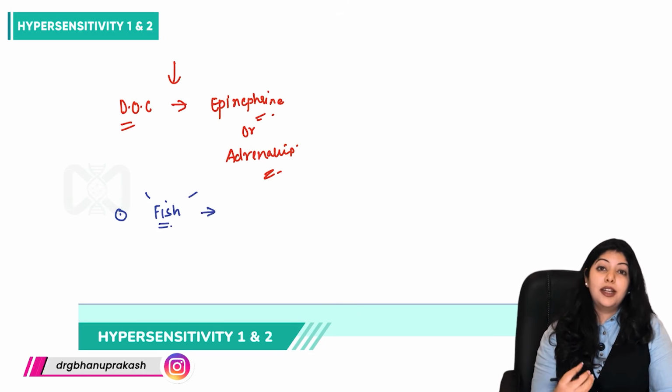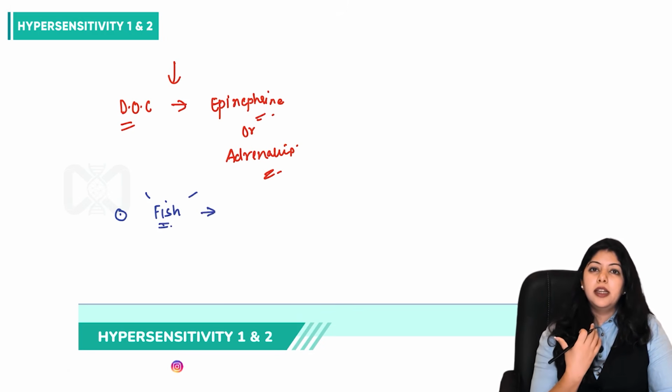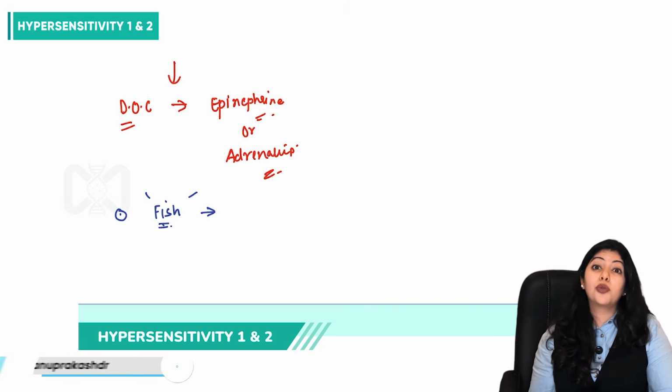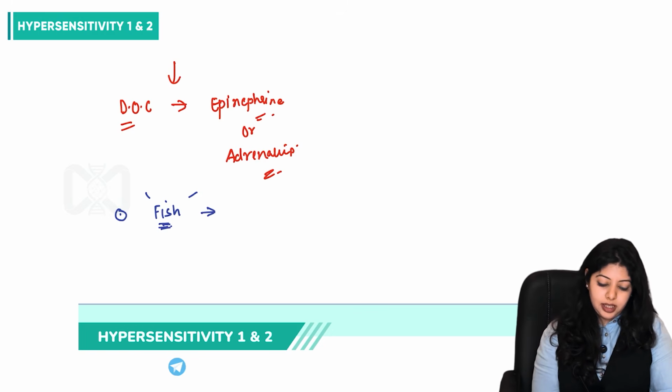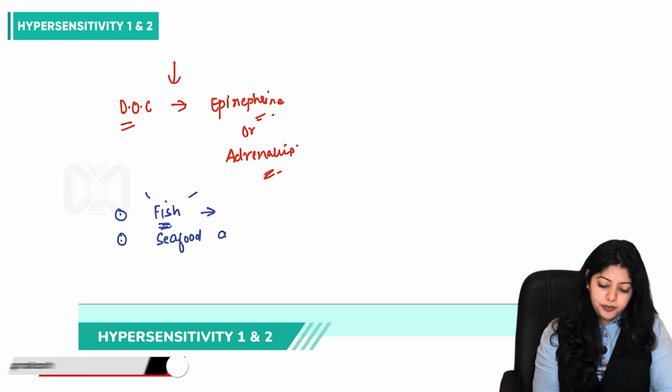It led to severe swelling in the tracheal area and the eyes, and the patient was not able to swallow for a considerable time. So fish can be one allergen. It is very, very common. It can be seen very commonly in certain individuals that there can be seafood. A lot of people have seafood allergy,